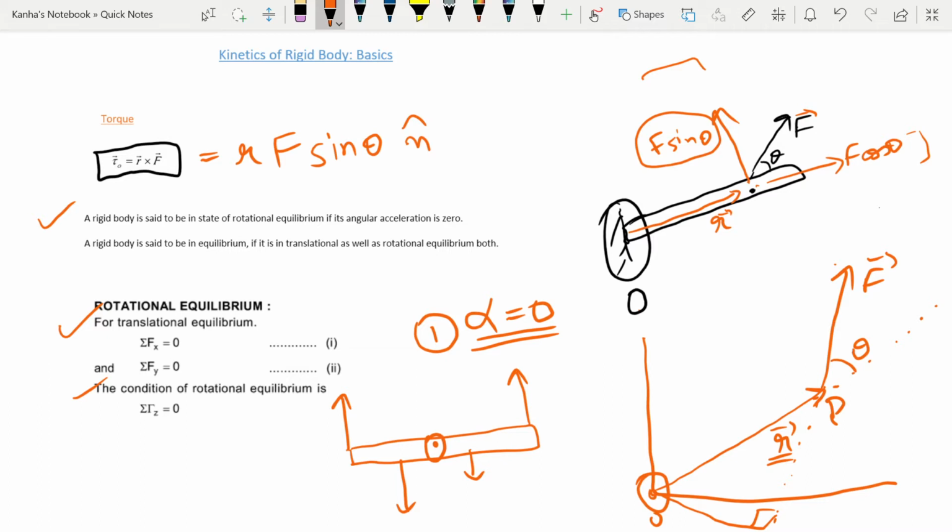So in this system there will be equilibrium when there is a translational equilibrium first of all, and there is a rotational equilibrium. For the translational condition, you will have the summation of all the Fy is equal to 0. Summation of all the Fx is equal to 0. There is no Fx in the system right now. And the summation of all the torques about this point is equal to 0.